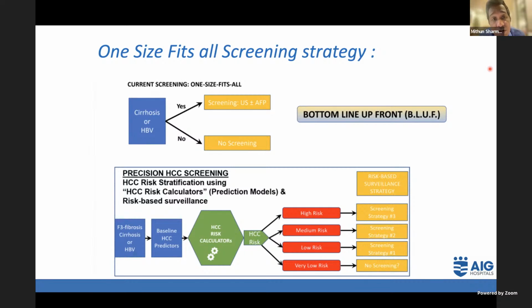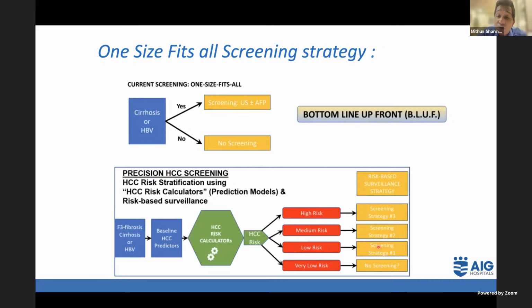So if we have a cirrhotic Hep B patient, we might do a screening ultrasound and an AFP. If there is no cirrhosis, we might just avoid a screening. If we have a fibrotic patient, we can use one of the HCC risk calculators and then divide these patients into high risk, medium risk, low, or very low. The low risk group may not require screening, or we might have a screening strategy 1 for low risk,